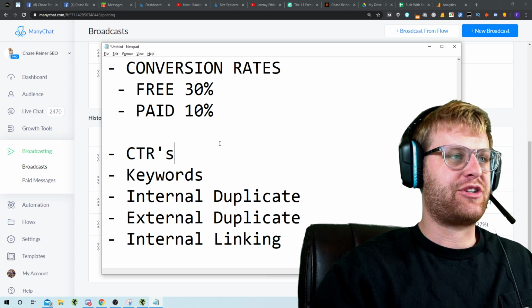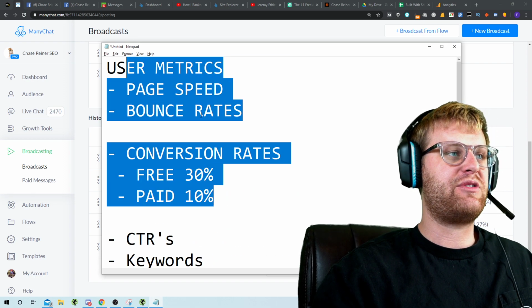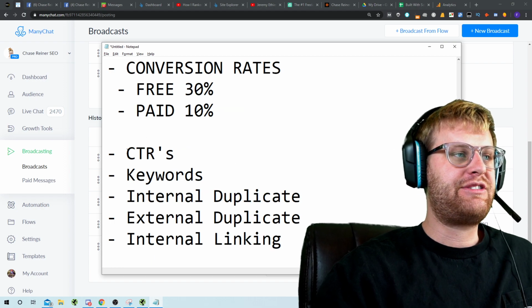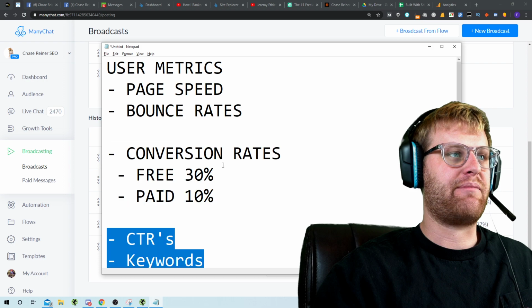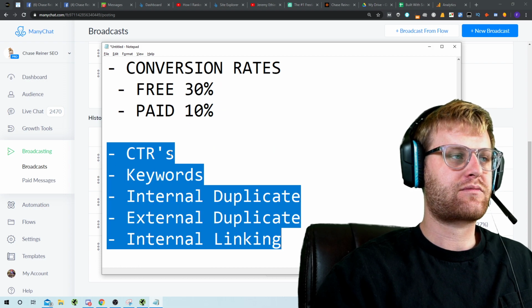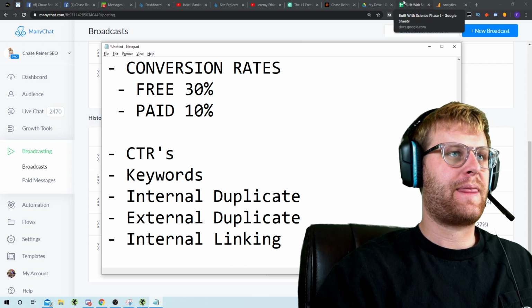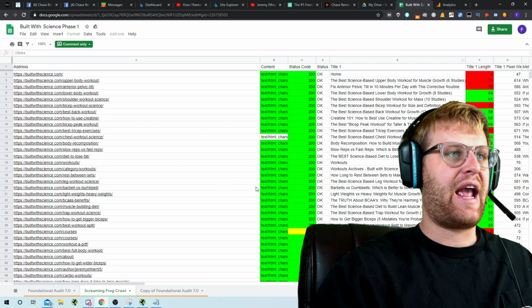If we go into the next metrics, this is where it really gets interesting. We did boost the conversion rates, and obviously they got tons more conversions, but this is where we really spent most of the time. So after doing these other things: click-through rate. The first thing you do with any site, you go into Search Console